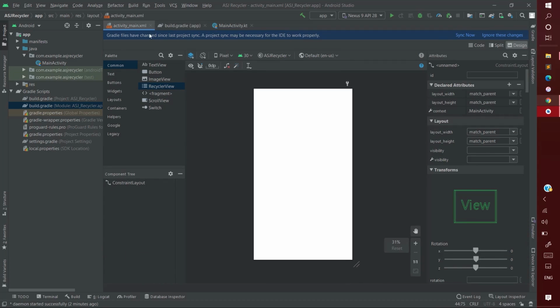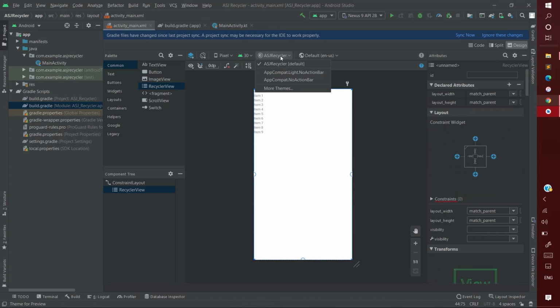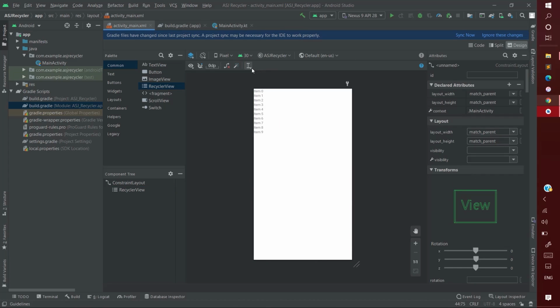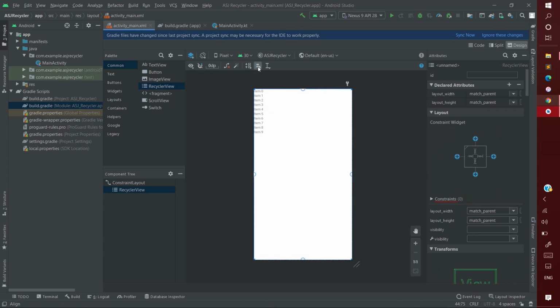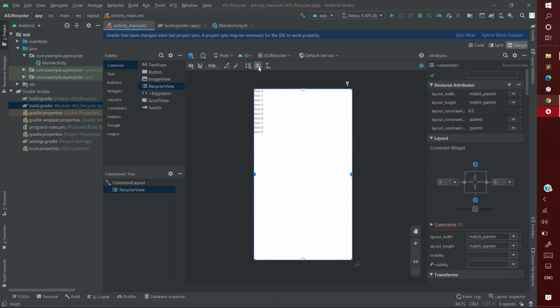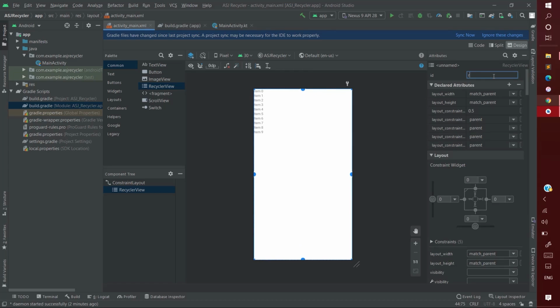And now you will see that the download icon will be gone. Now we can use RecyclerView. So first I will simply drag it to the middle, and I will constrain it horizontally in parent, vertically in parent. I'll give it an ID of RecyclerView,